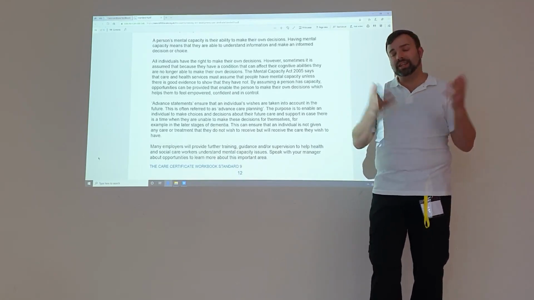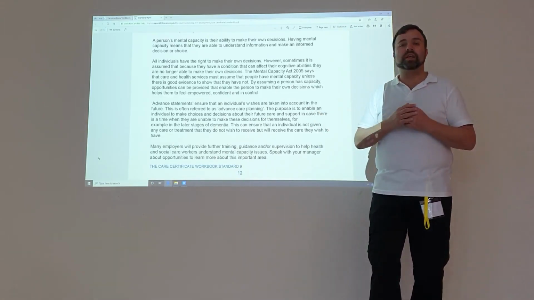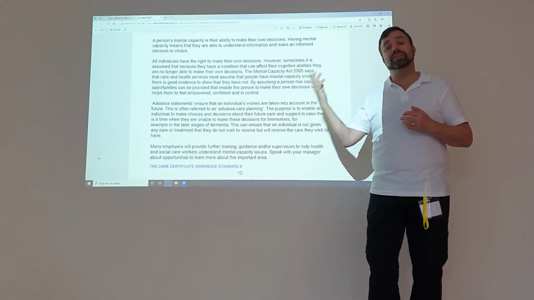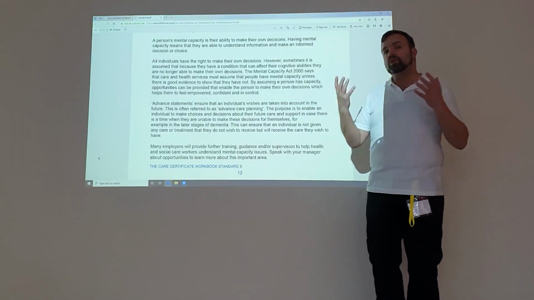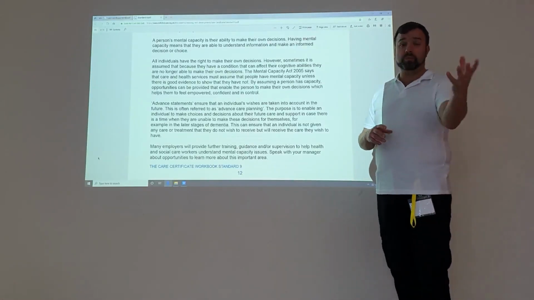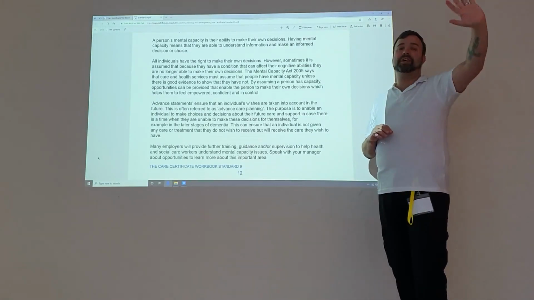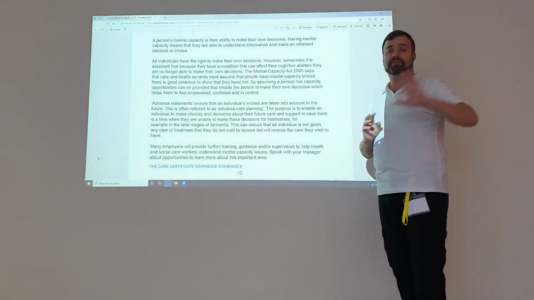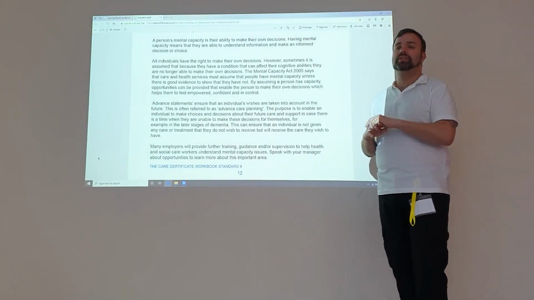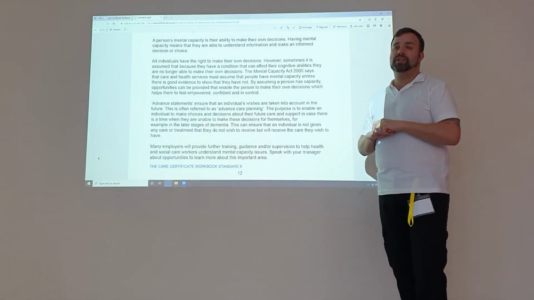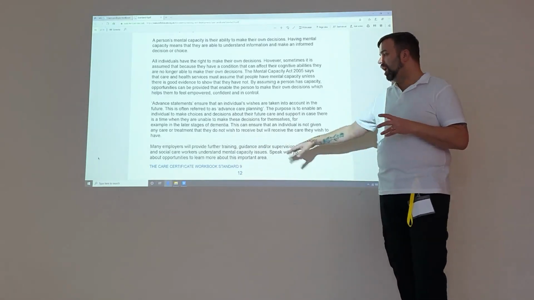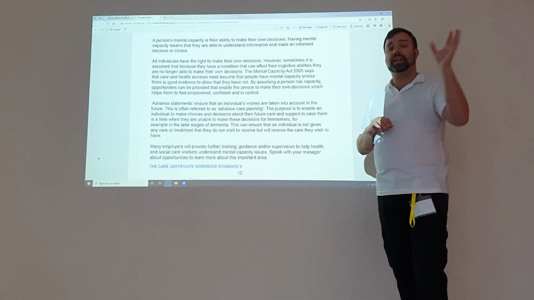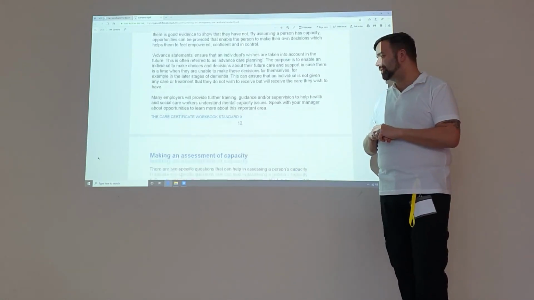If you're unable to weigh things up and make a decision, then you are normally somebody who lacks the ability to make a decision. Again, you'll know this because in care plans it will say whether or not you have advocates working on your behalf, but you're able to make choices for yourself, or that we do what's called working in the best interest. Again, you will have further training on consent and mental capacity.